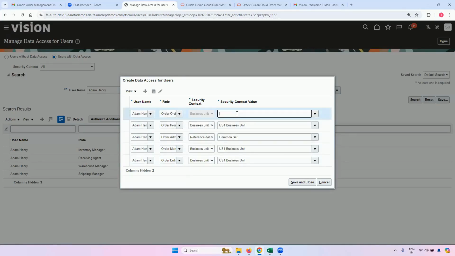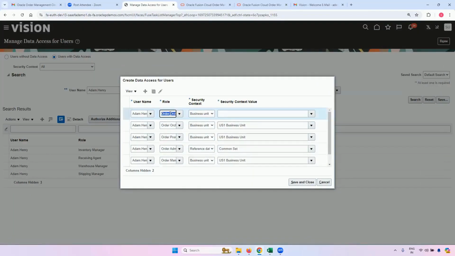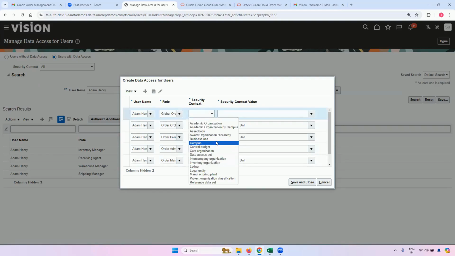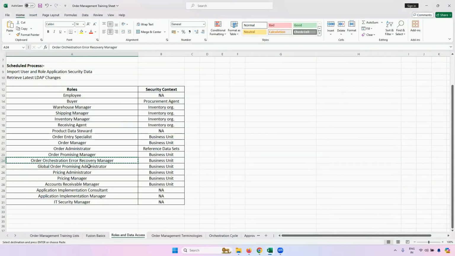It will be business unit again, US1. Then duplicate again. Then global order promising administrator. US1 business unit, duplicate it. Global order promising administrator.